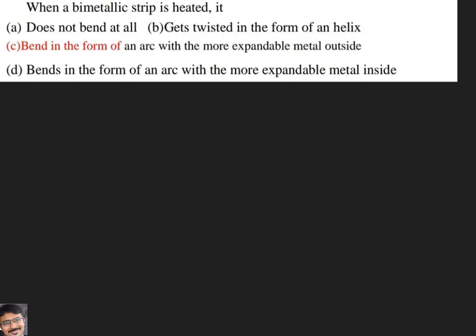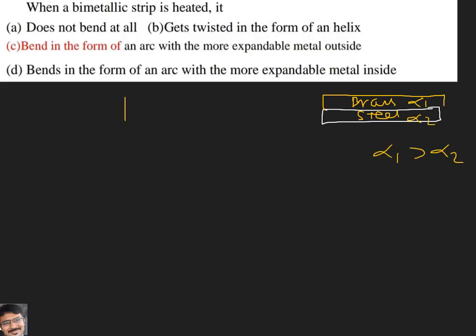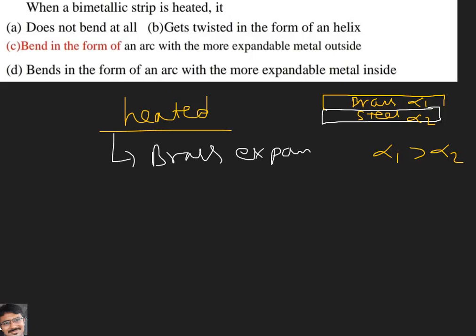First, the strip is like this at a temperature. This one is white and the other one I take as some yellow color. The upper one I told is brass and the bottom one is steel, and already I told alpha 1 is for this one, alpha 2 for this one, and alpha 1 is greater than alpha 2. Now we are going to discuss heating. Now this bimetallic strip is heated. Heated means, as I just told, brass expands more than steel,